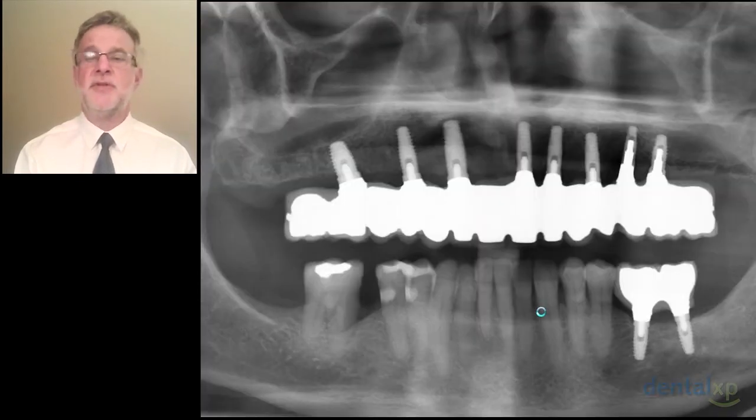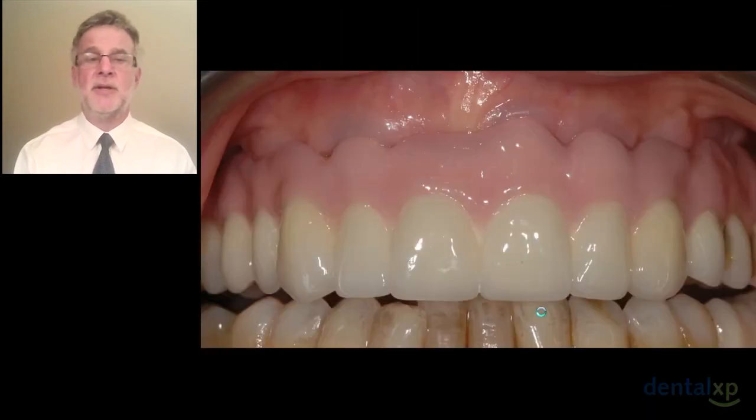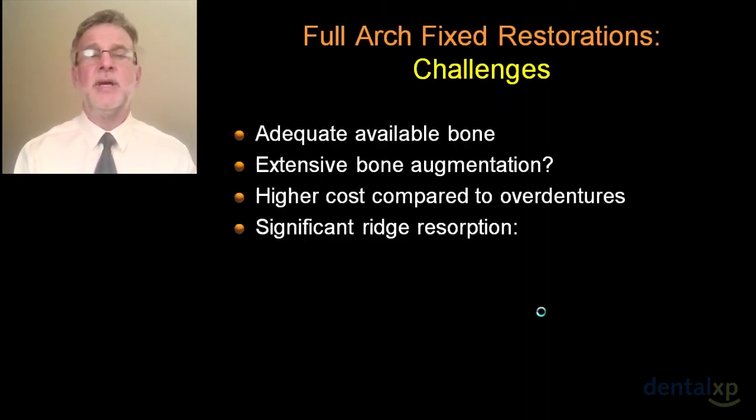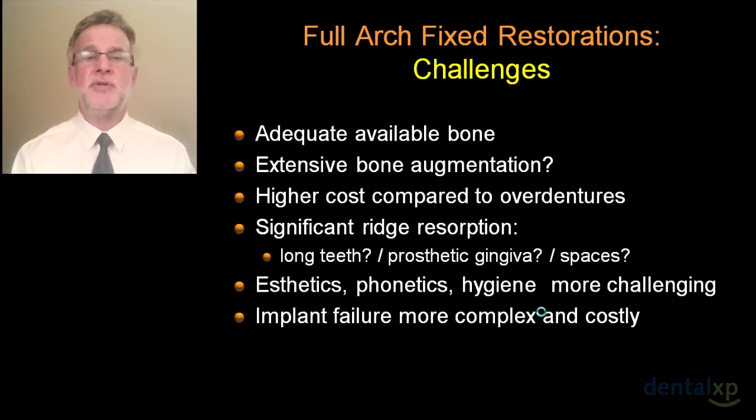Here's a recent full arch fixed case, and the prosthodontist filled in all the missing hard and soft tissues with pink porcelain. And you could imagine that this patient does have some hygiene challenges for sure. A different type of case with the patients with very poor oral hygiene, where hygiene access is there if the patient was willing to do the cleaning, but there can be other challenges here related to aesthetics, phonetics, lack of lip support. So with looking at full arch fixed restorations, we have often these challenges,